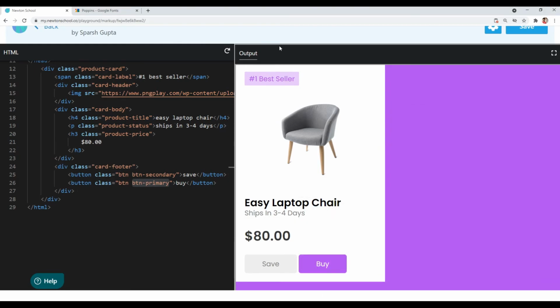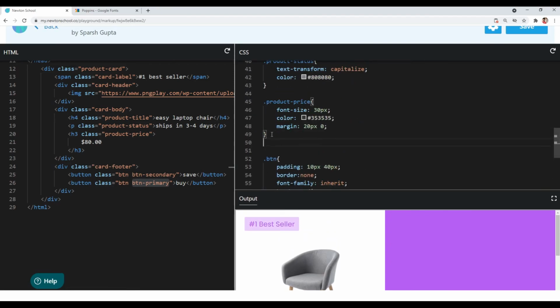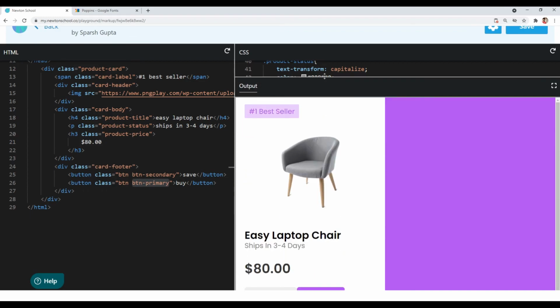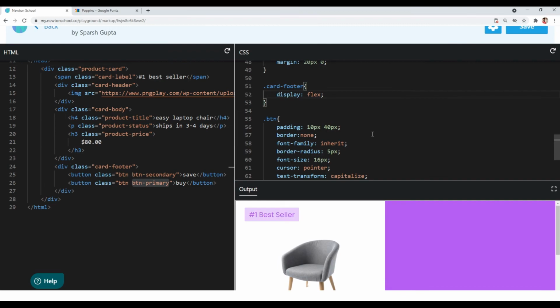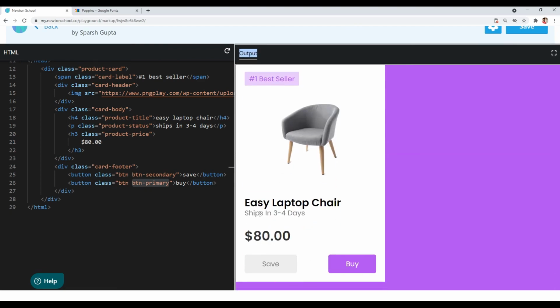What we have to do is basically we will target the card footer first. So let's target card footer and we will give it display flex, and we want the buttons to be at the corners. So we will give justify-content space-between, and they will be in corners, as you can see.